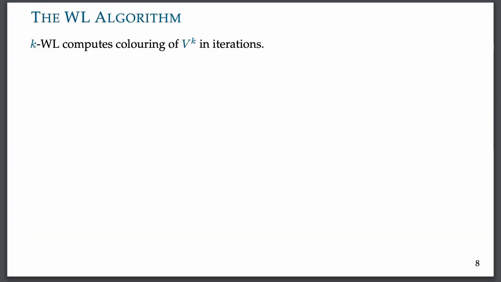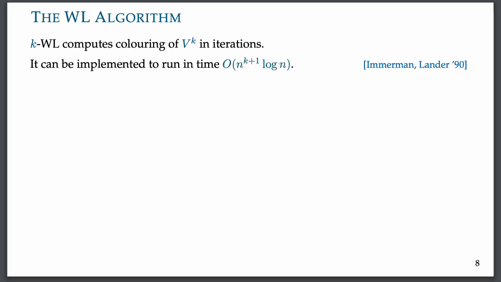For every natural number k, there exists a k-dimensional WL algorithm which colors k-tuples of vertices iteration by iteration, applying a refinement criterion with respect to previously computed tuple colors. The algorithm runs in polynomial time, and it has links to many seemingly unrelated areas of theoretical and practical computer science. An equivalence that is very useful to prove statements, particularly about the higher dimensional versions, is given on this